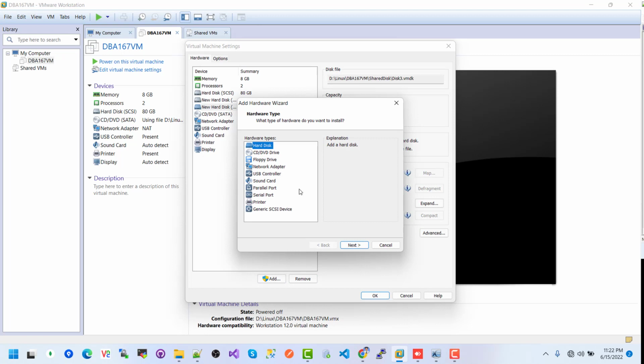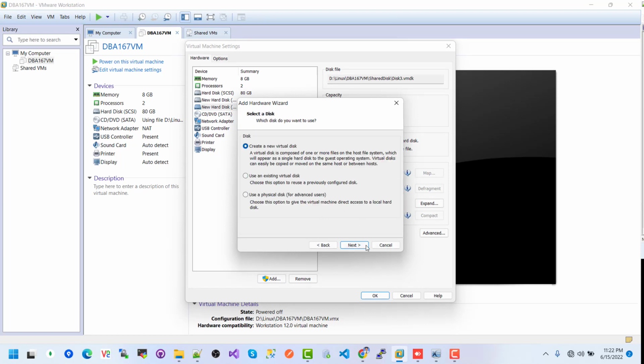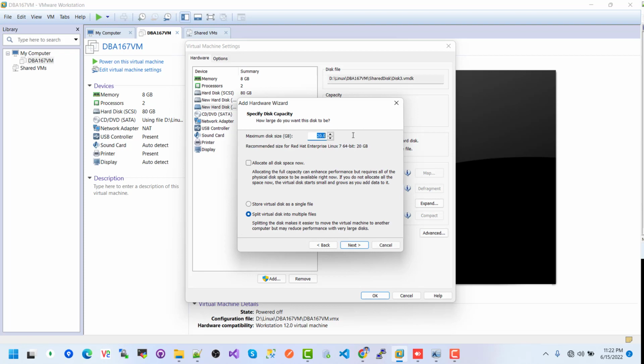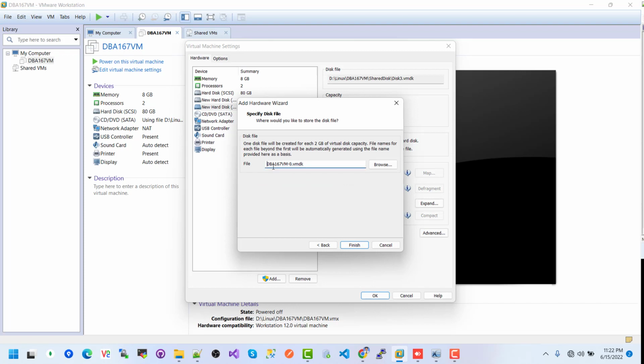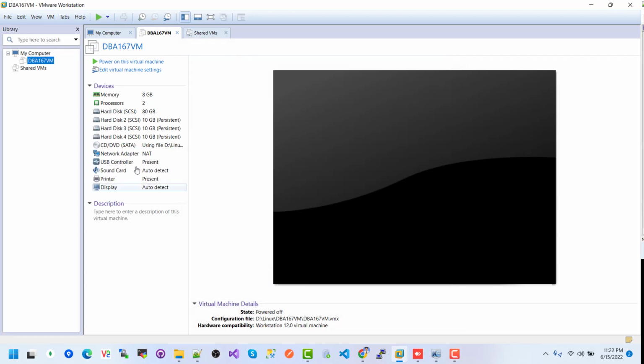and then again add hard disk, next SCSI, independent mode. Okay, create a virtual disk 10 GB and store the virtual disk as a single file, and here we need to give the path again and the disk name. It should be disk4 because this is the last one. Okay, we created 3 disks: disk2, disk3, disk4, each of size 10 GB. Okay,